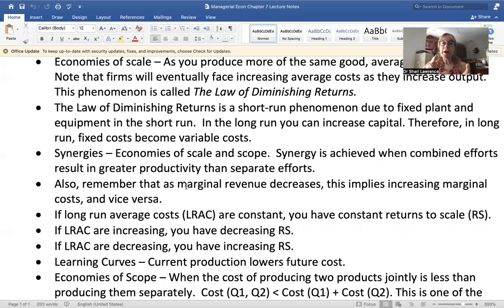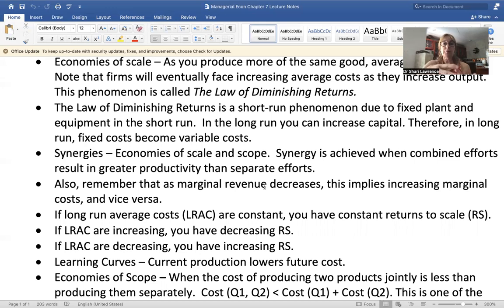Marginal cost is the increase in cost from increasing the production of one product. Again, they're talking about marginal revenue and marginal cost in this chapter. The point they're making here is that if marginal revenue is decreasing, this implies that marginal cost must be increasing, and vice versa. So if marginal cost is decreasing, then marginal revenue is